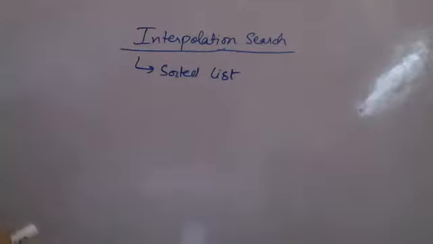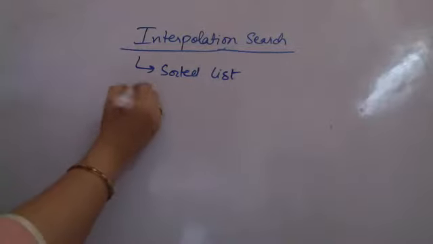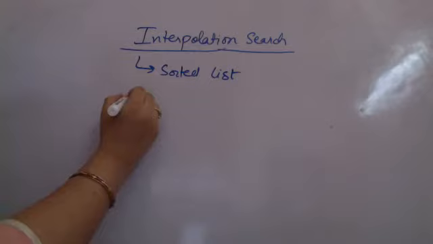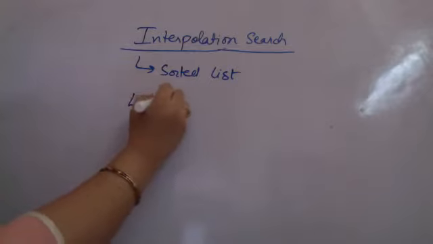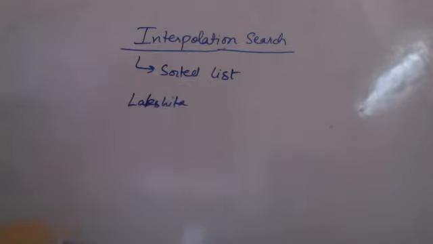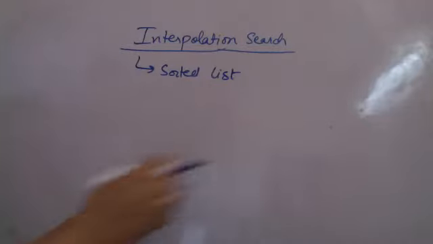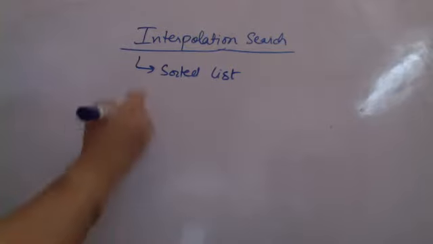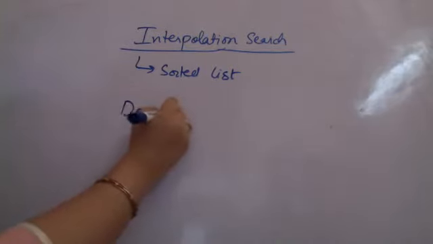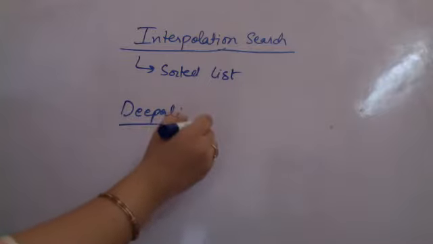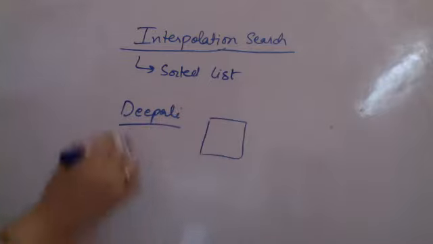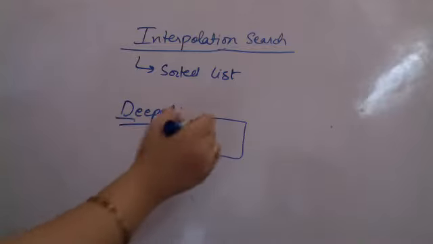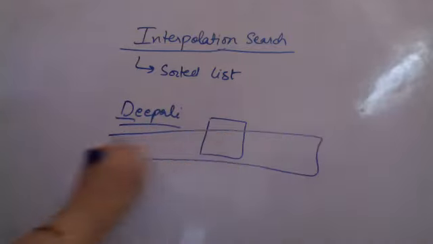What it tries to do is, like we are saying that if I want to search a contact, supposedly a name, Lakshita, which is showing first on my screen. Or maybe Lakshita is coming in between, so sorry. I'll have to take an example which gives me a better understanding of the subject. Another name that is visible on my screen is Dipali. So supposedly I want to search for the name Dipali. I will not be searching from the middle of the list. No, since D is coming in the very beginning, so the entire list is there.